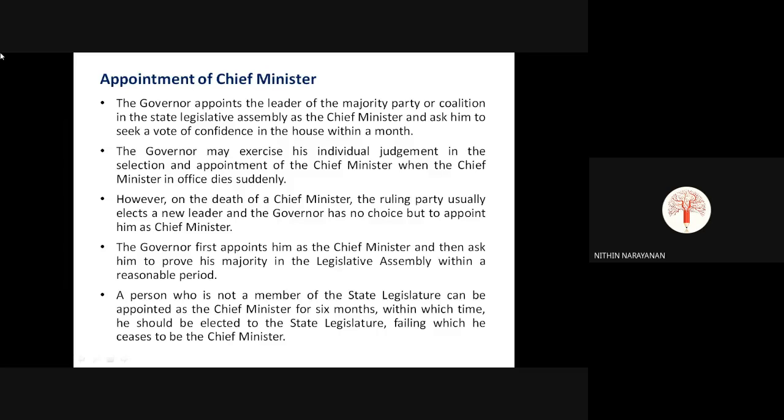Within that period, he should win the election and he should come as a member of the state legislative assembly. Okay, we can select someone from outside as well, but within these 6 months he has to contest the election, win, and become a member of the State Legislative Assembly. Next one is